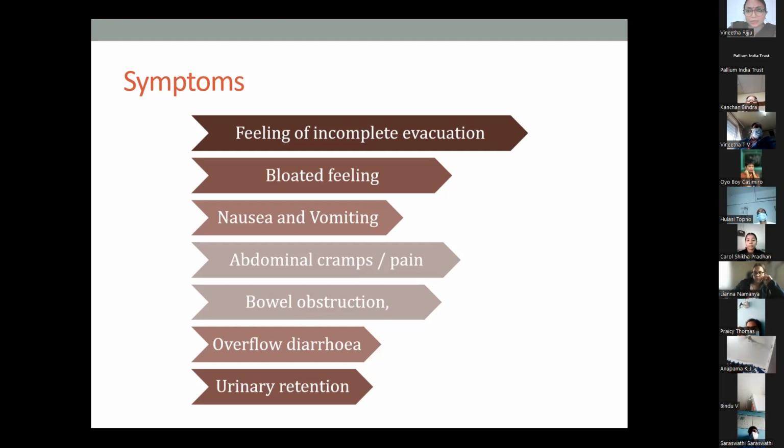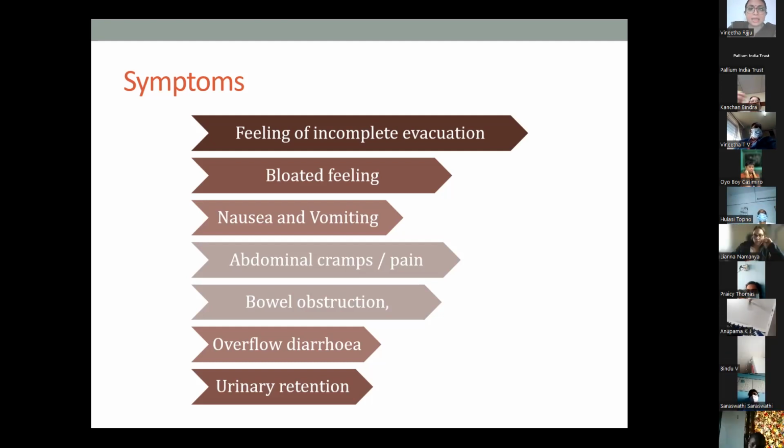So these are all different symptoms that the patient will tell you if they're having a severe constipation. Yes. Kanchan also says about frequent intake of liquid. We have to go for bowel movement and impact stools, the type of stools, days without bowel movements. Thank you so much for all these inputs, Casimira, Sunita, and Kanchan. Thank you for that.